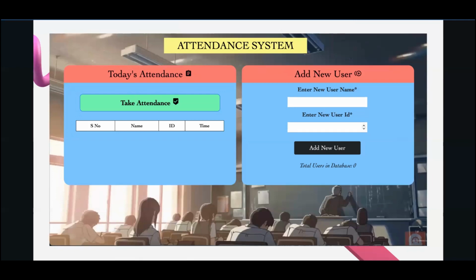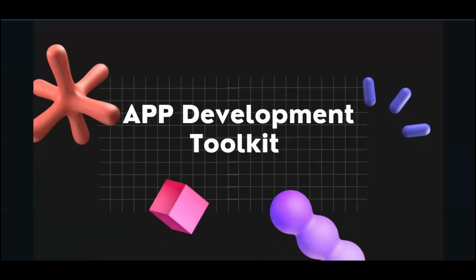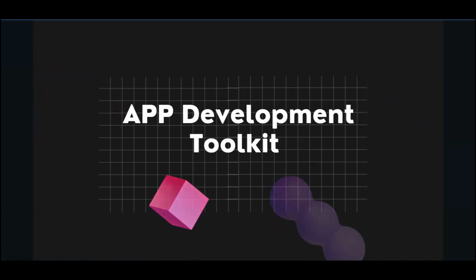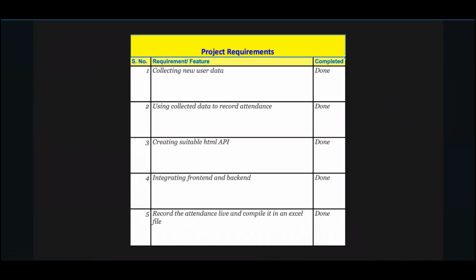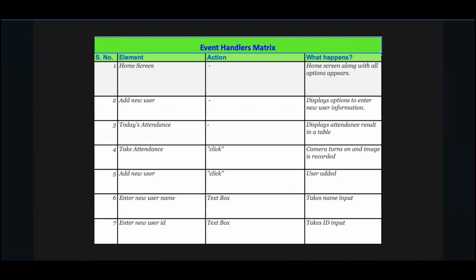So this is what the attendance marking system looks like. Before I demonstrate its working, I would like to go through my app development toolkit. So right here is the project requirements page. In this page, I listed basically all my project requirements, and this is like a checklist. This is my event handlers matrix in which I write about the different elements of the projects, the action that they're supposed to do, and what happens when the command is initiated. So this is just to plan the whole project,